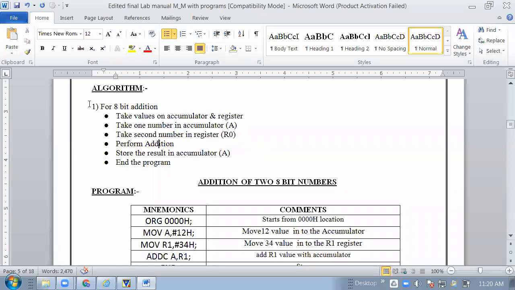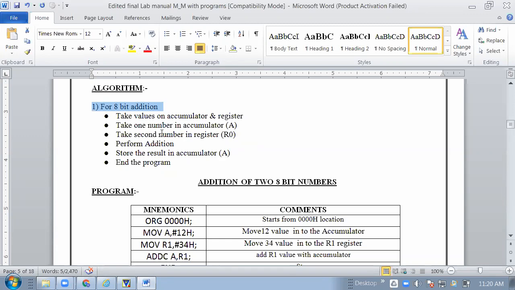So it is the 8-bit addition. First, when you're writing the program, first think about the limitations of the software which you are learning. There are a lot of limitations when working with software. If you are on 8085, what are the limitations? 8051, what are the limitations? If you are using the C program, what are the limitations? If you are working with .NET, what are the limitations? So you must remember the limitations of the software, and what registers are present in the software.